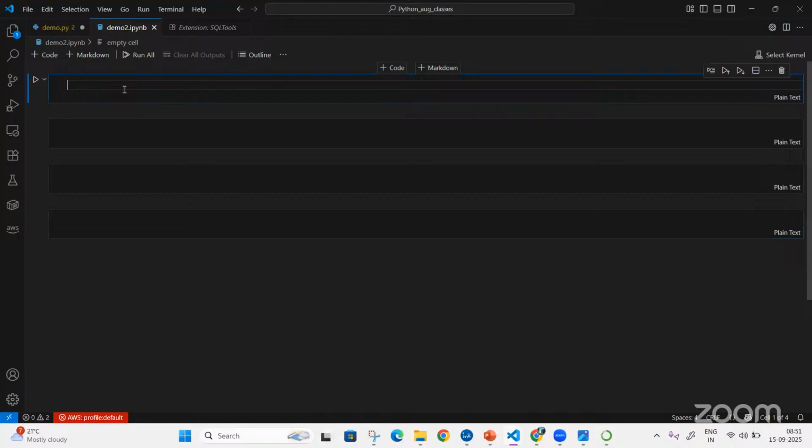If you're working on the go, for example, I'll write my very first program, that is print hello world. I'll say print hello world.